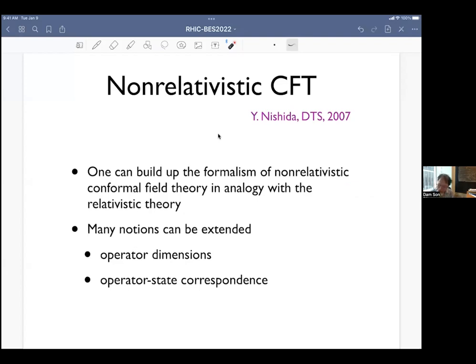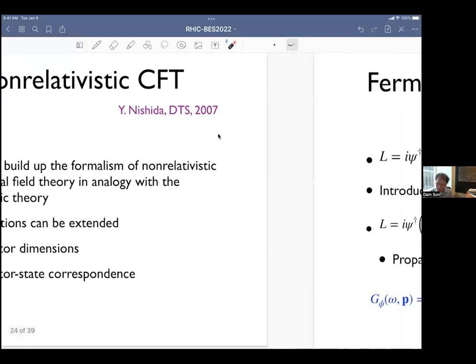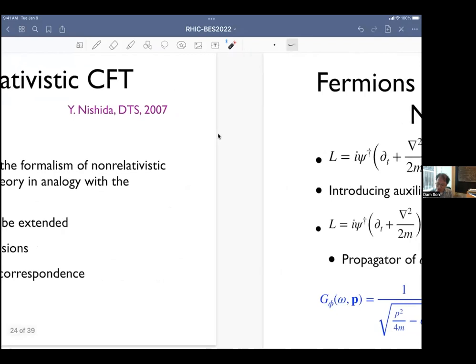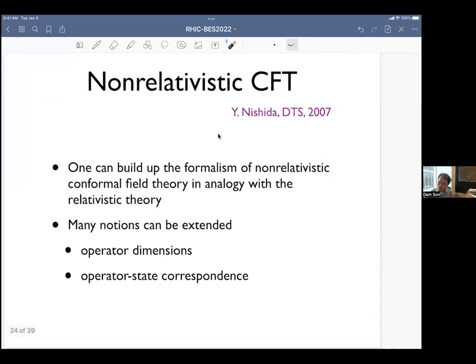Many notions can be extended, for example, the notion of operator dimensions, operator state correspondence. Let me give you one example of what the notion of operator dimension is in the case of